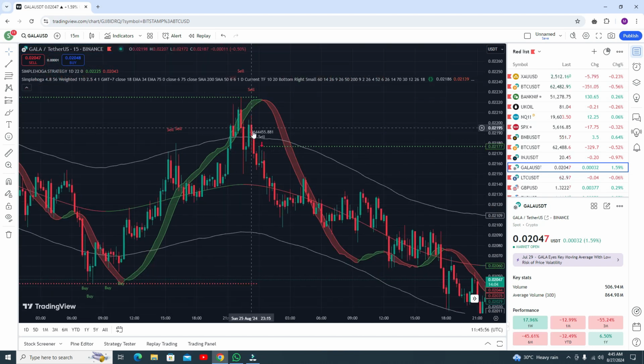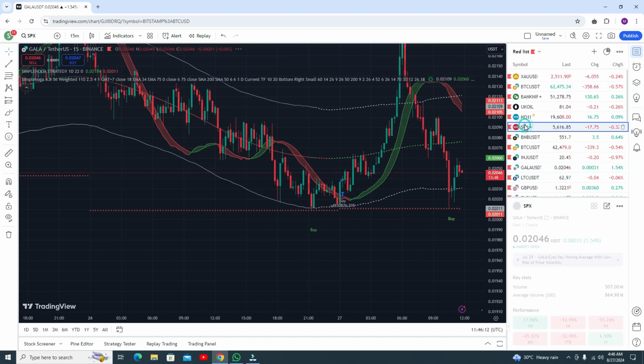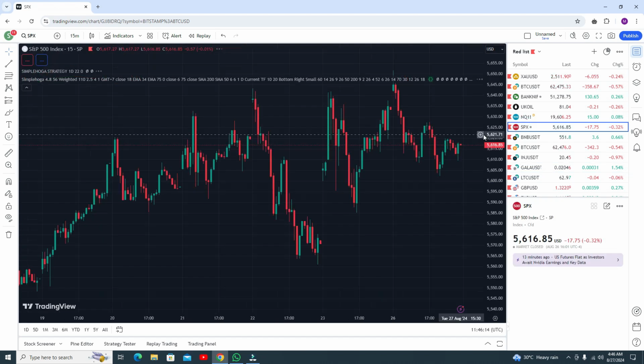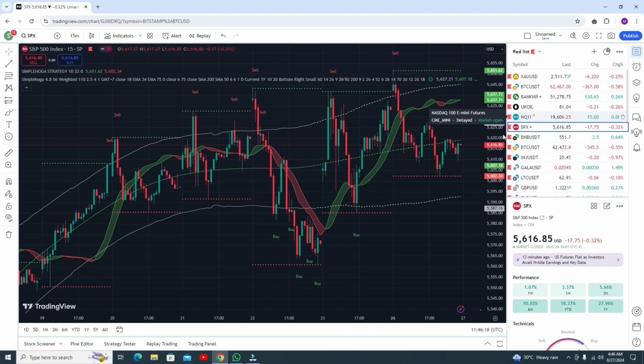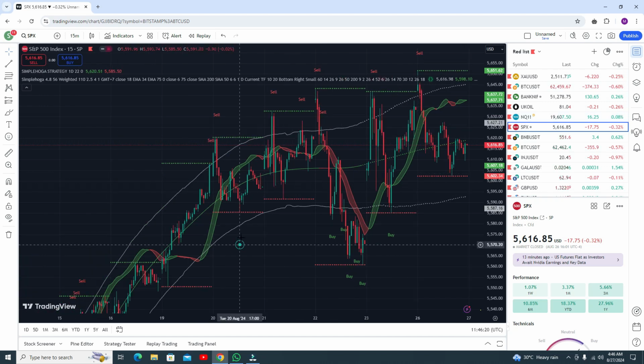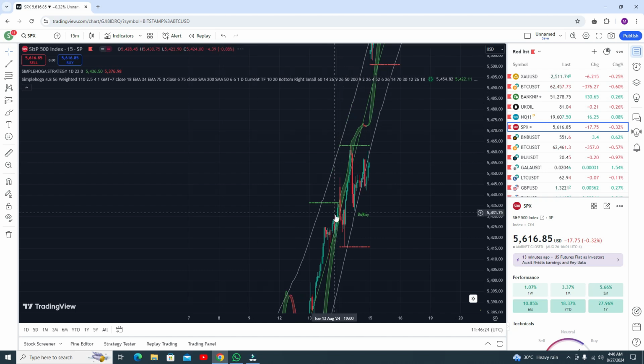Here you can see the scenario again. Okay, and here you can see the scenario again, and this is the most recent sell signal. Okay, but if you follow this one, then it will definitely give you profitable trades. Okay, let me show you some results in SPX, or I will show you the results in some other pair as well, but first I need to show you results in SPX.